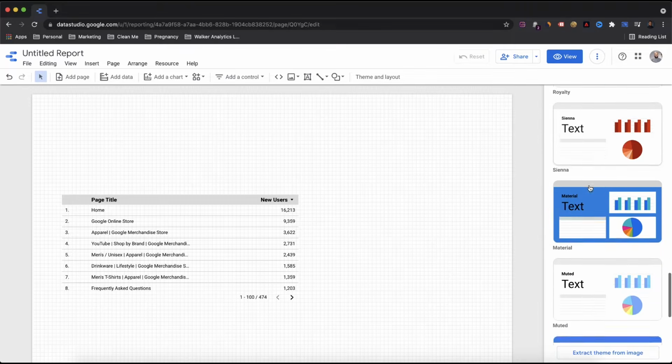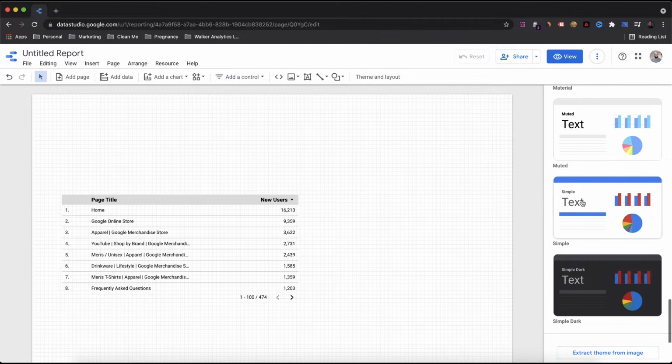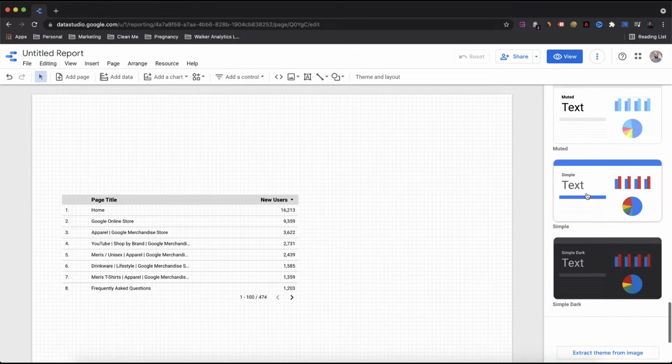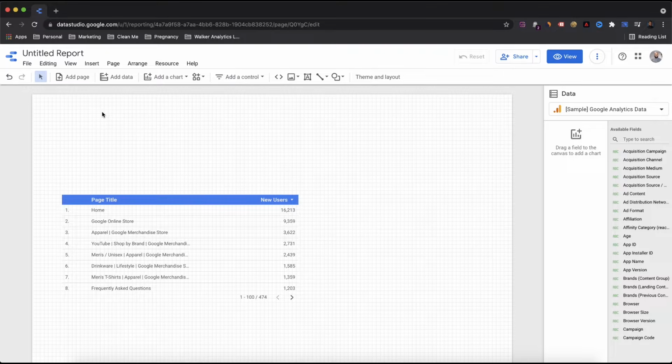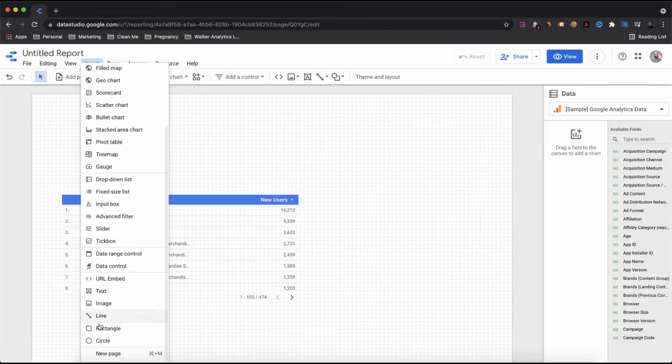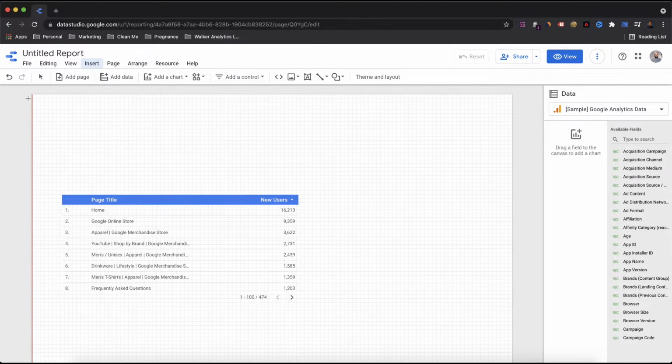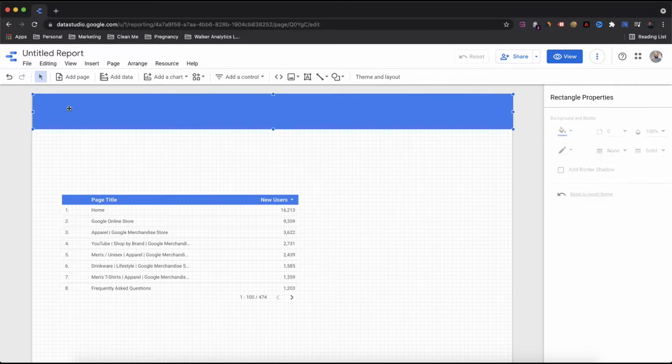So you can see that there's quite a lot of themes here. I'm at the default. And because we're working with the Google store, I'm going to keep this as close to Google's use of colors as possible. So first thing I will do is I'll insert a shape, a rectangle, horizontal bar right at the top, make sure it covers the entire width,